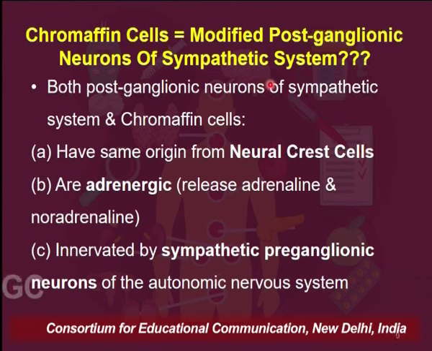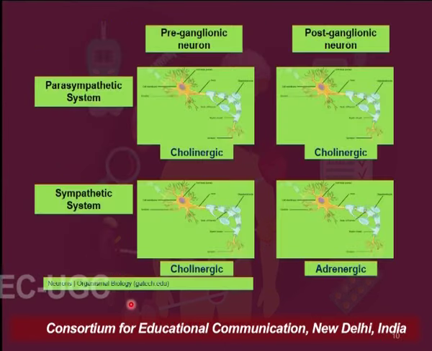So you must remember that both the postganglionic neurons of the sympathetic system as well as the chromaffin cells have certain common features. Number one, they have the same origin, that is from the neural crest cells. Both of these cells are adrenergic, that is they release adrenaline and noradrenaline. And the third thing is that they both are innervated by sympathetic preganglionic neurons of the autonomic nervous system, which has